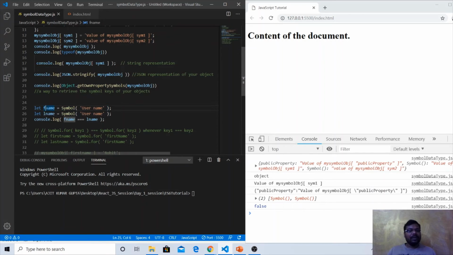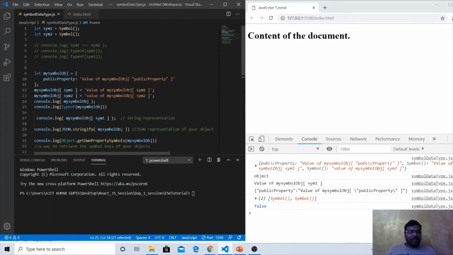This means we are giving a definition that these are for the username only. One will hold the first name, the other the last name, and I am trying to compare them. The values of these two symbol variables are not the same, though the value that we have assigned is the same.